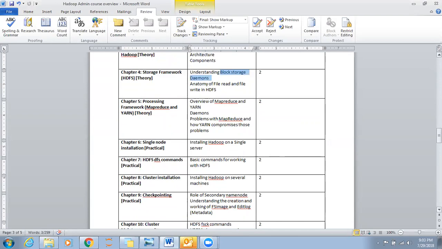Once we are crystal clear with the understanding of storage, we'll move ahead with processing. You should be in a position to process. As we stated earlier, the data should be processed within a fraction of a second. So obviously a lot of things will come into the picture. We will understand MapReduce. Initially, when they introduced Hadoop, they came up with the idea of MapReduce. MapReduce is nothing but mapping the data and reducing it to one data. Umar would be aware of processing, because developers run jobs on a cluster, everything goes to mappers, and then mappers segregate the data to the reducer, and the reducer would aggregate it and show